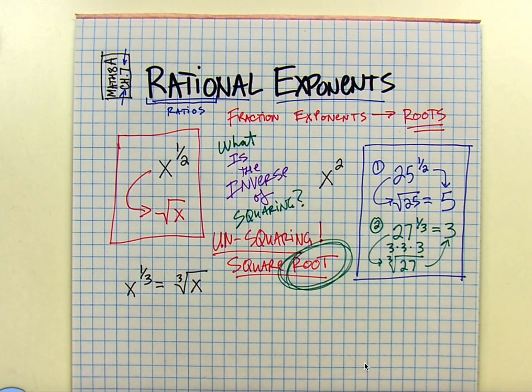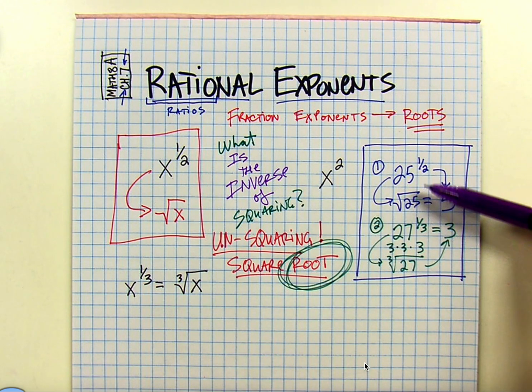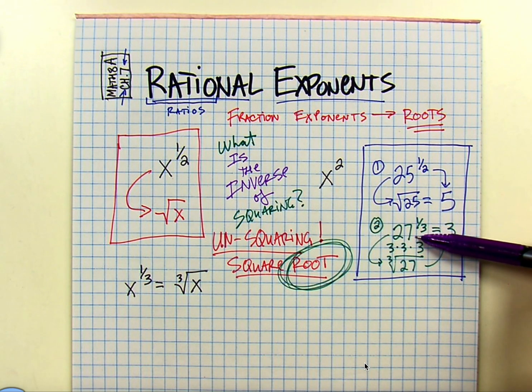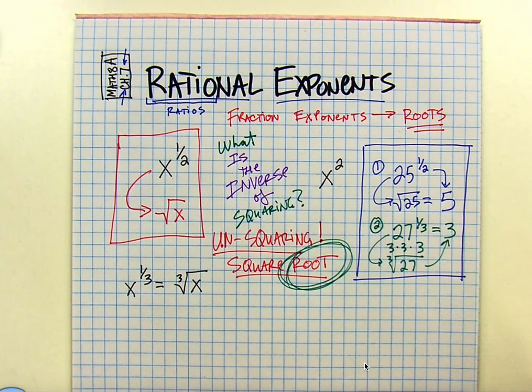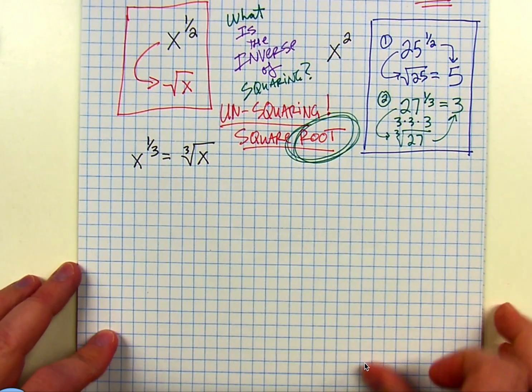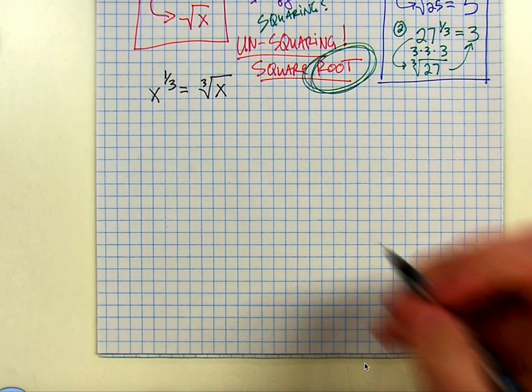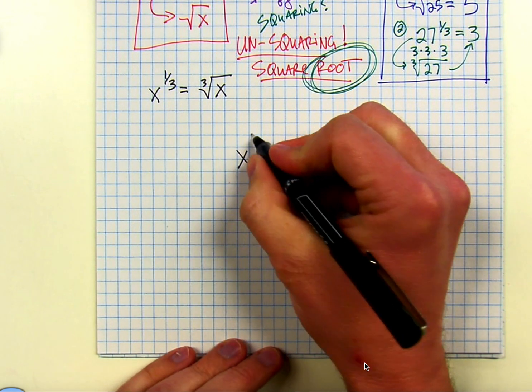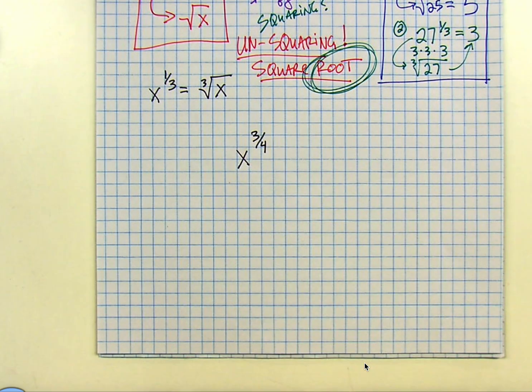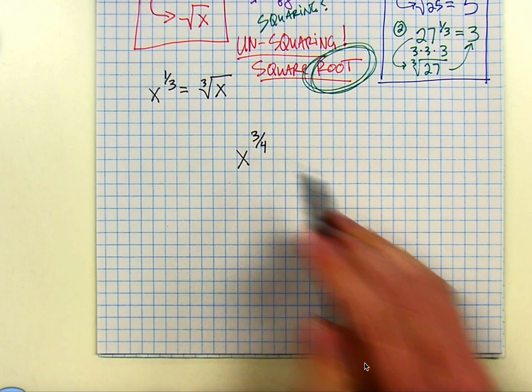All right, the only thing that's going to make this get a little bit more complicated is, A, if the numbers get a little bit more complicated and they're a little bit less familiar, or B, if you have a fraction that doesn't have a 1 on top. So what if I said, what is x to the 3/4 power? Uh-oh. Well, the 3/4 power